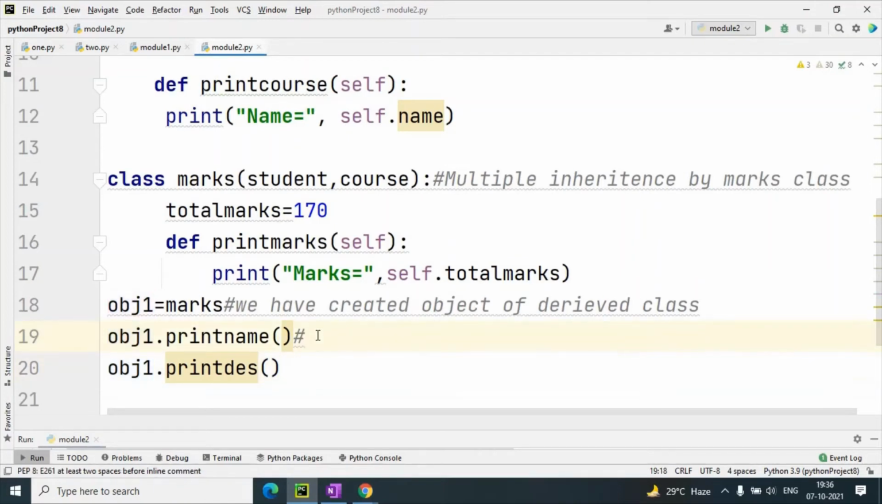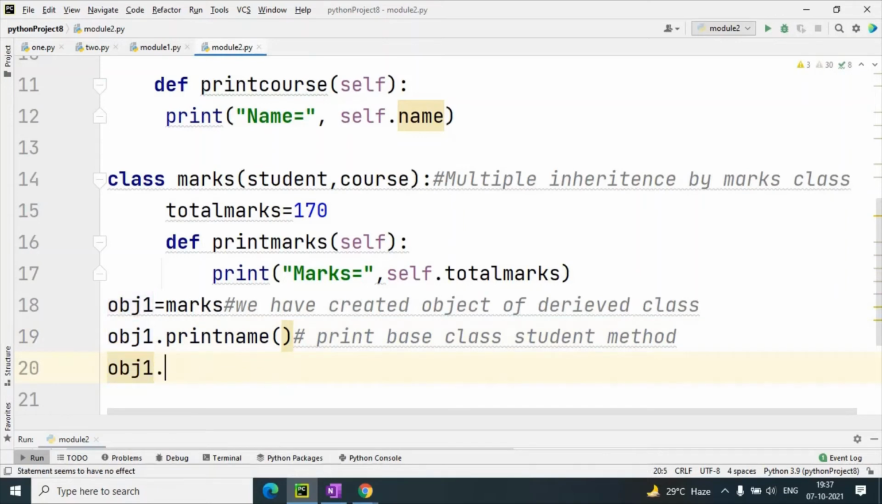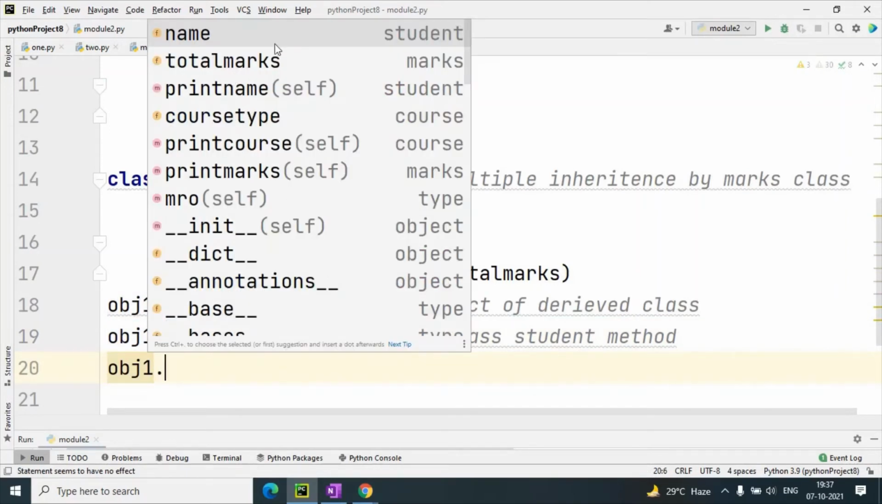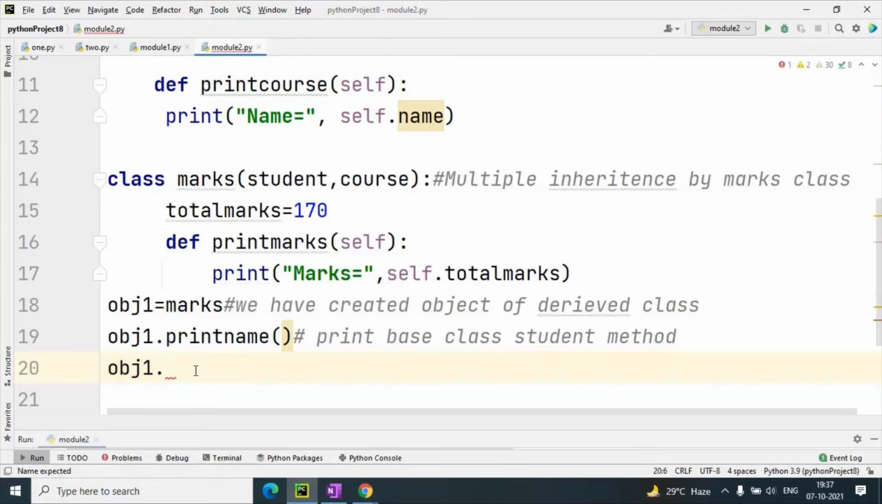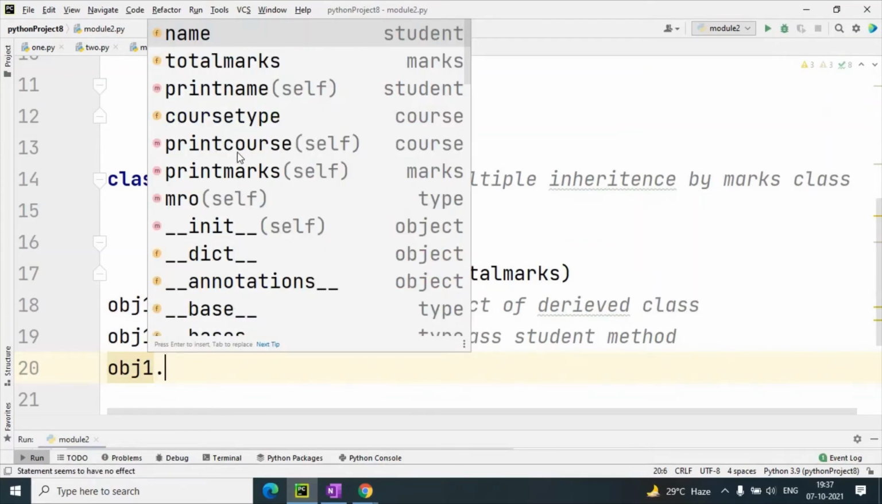So print base class student method, and then obj1 dot second method is, now you can see all the methods. This total marks is a method of marks class, print name is a method of student class, and course type is a method of course class. So all are available in the derived class, so we can use